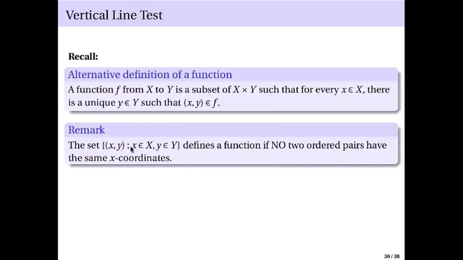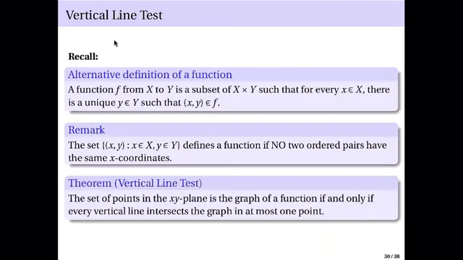The set of pairs x, y, where x is in capital X and y is in capital Y, defines a function if no two ordered pairs have the same x coordinates. Okay? This means using the graph of this function, or of the relation, we can determine whether that relation is a function or not